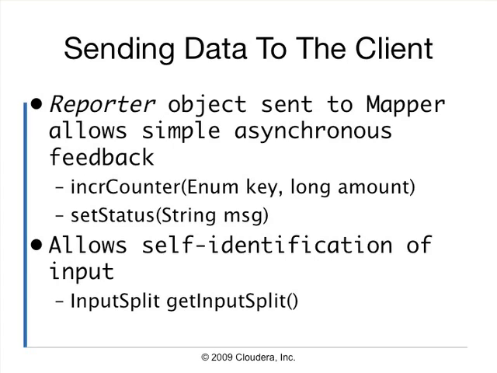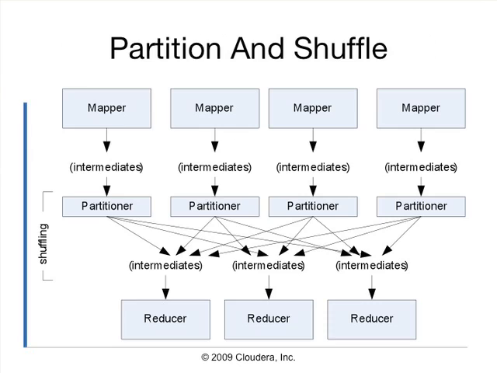So you can get your input split, see what your file name is, etc. We've got mappers, we have reducers, we've got to get data between the two. And how do we know which reducer gets what? This is a process called partitioning and shuffling. Shuffling refers to the copying, partitioning refers to the dividing of inputs